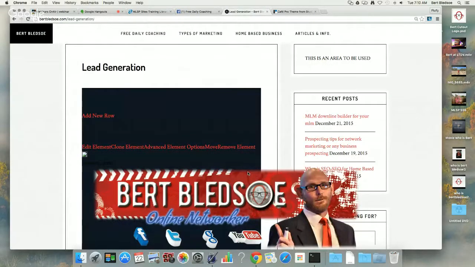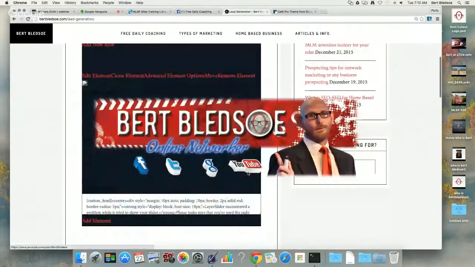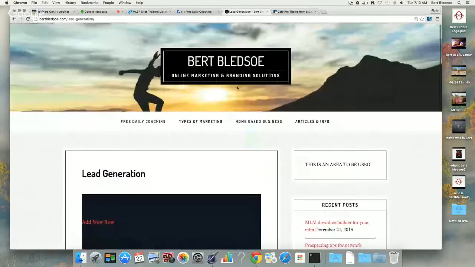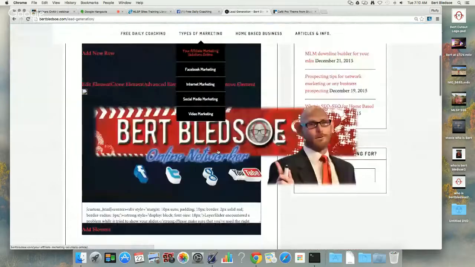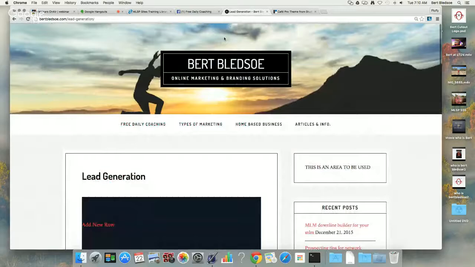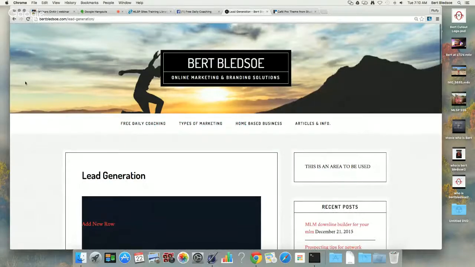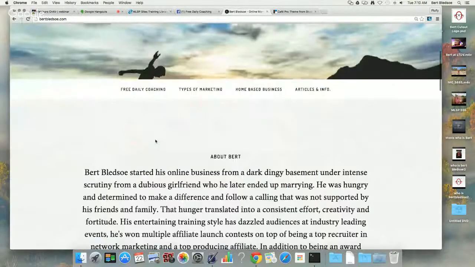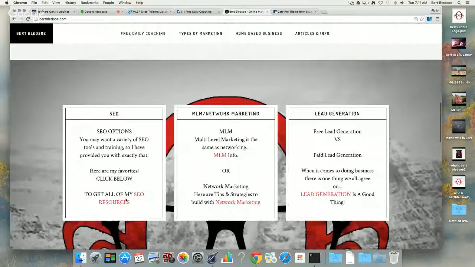You can tell I haven't worked on this page yet. This is when you move over your theme, this is what happens. So these elements are all still on this page. They're just in a different place where they don't show up on the header in this theme. They show up down here on the actual page. So I have to go in and change some of that. So let's go back